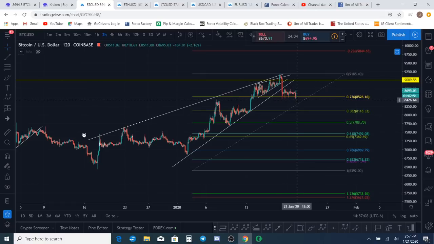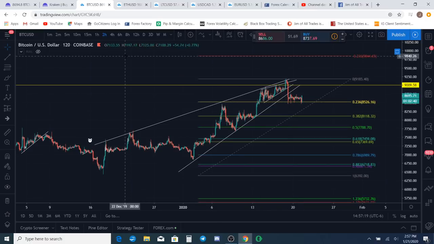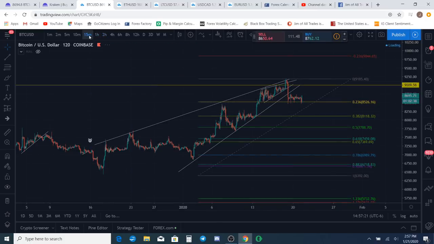All right, so that's what we're looking for, guys. And really, to be honest with you, I'd like to give you a wave indication as to what this is yet, but I just don't have enough information yet still. So it's a big I don't know burger right now. Let's zoom into the smaller time frame and look and see what we've got there.